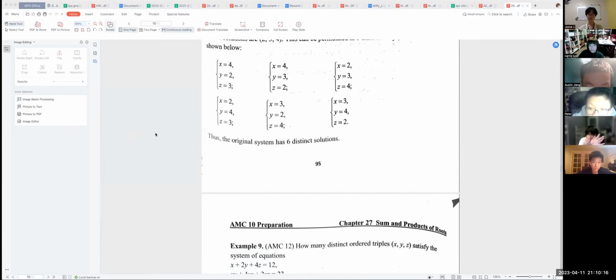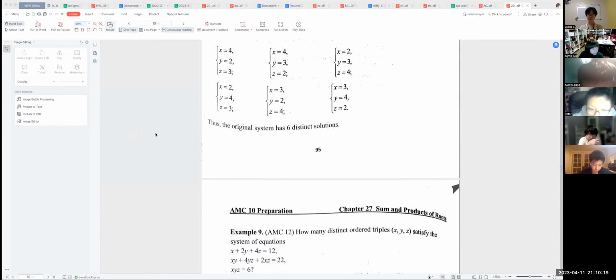Okay, so let's take a look at AMC 12 questions. Exactly the same thing as in number 8. Everybody please do that one. How many distinct ordered triples x, y, z satisfy the system of equations? Is it the same as the earlier question? It's a little different, but let's see if we can remove the difference. Very simple, take out u and v. Let x equal